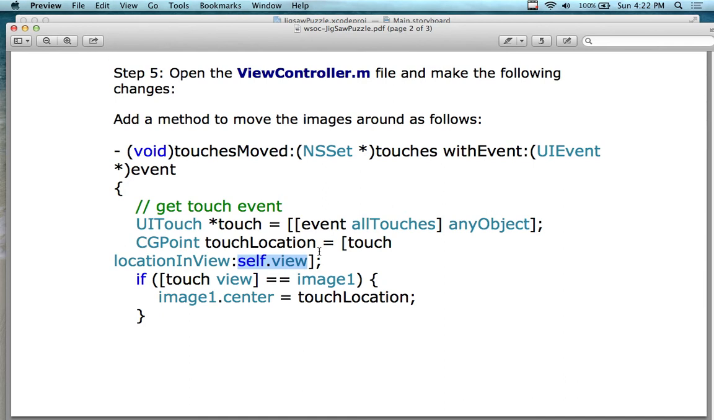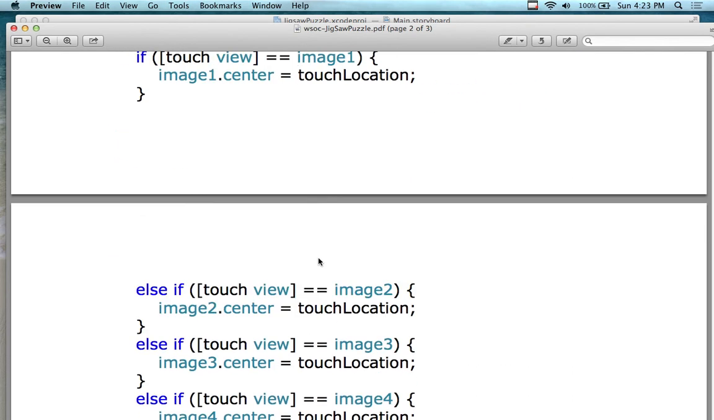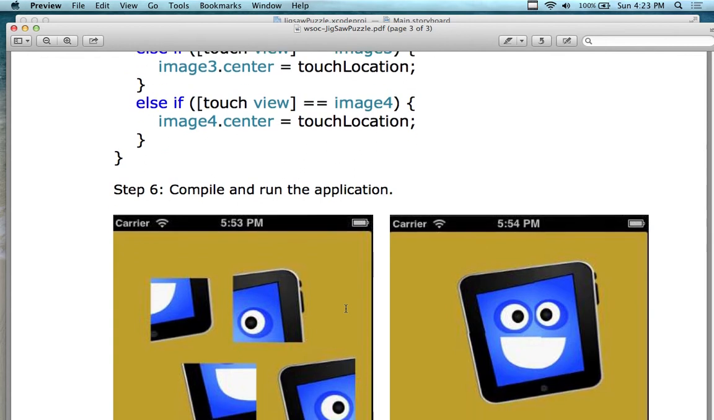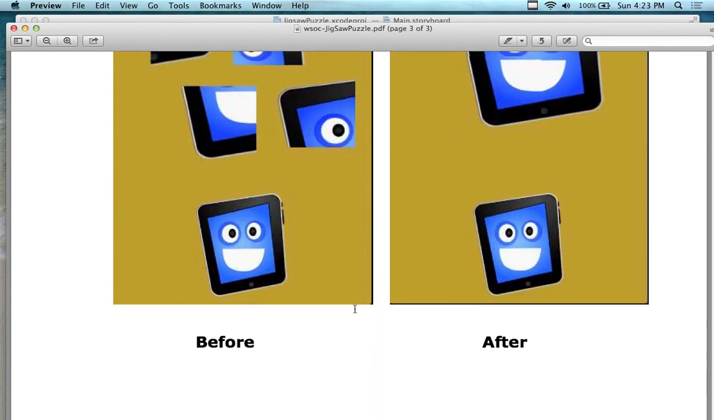If the touch view is equal to image 1, then image1.center is equal to the touch location. If it's 2, center of that touch. If it's 3, center of that touch. If it's 4, 5, 6, doesn't really matter. Compile and run the program. You should be able to